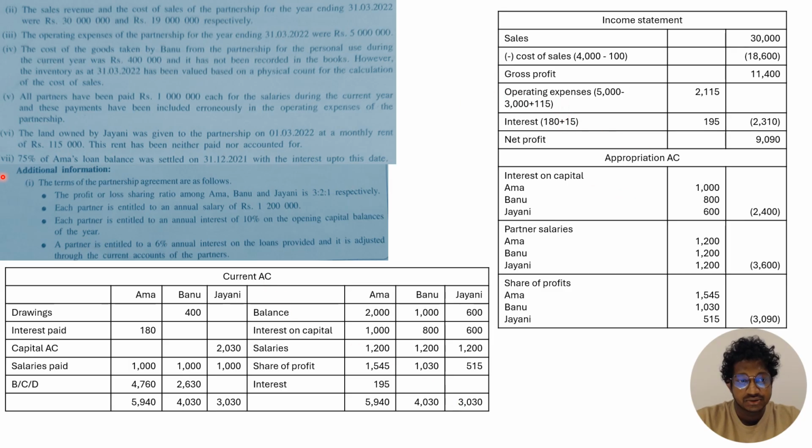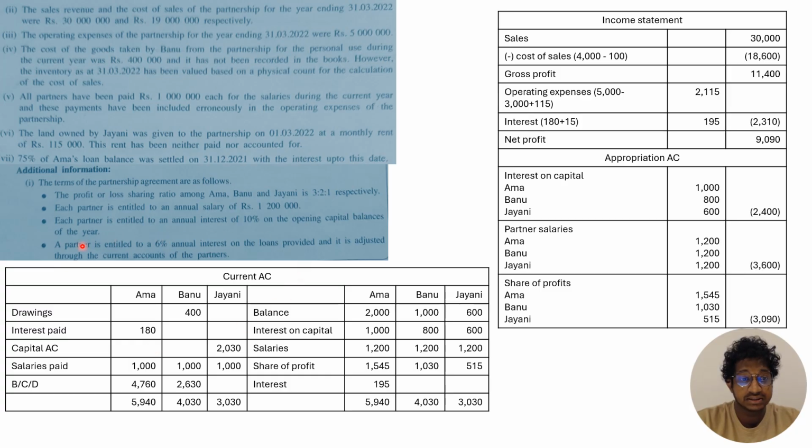So 75% of Hamas loan was settled on 31st December 2021 with the interest up to this date, right? So at that point you have to find out the total interest. The total interest for the year is 195. So that is the interest 195 as an expense, and you have to credit that to the Hamas current account. From that, you already paid interest up to 31st December 2021, which means the total interest you paid to Hama is 180, right? And after all,